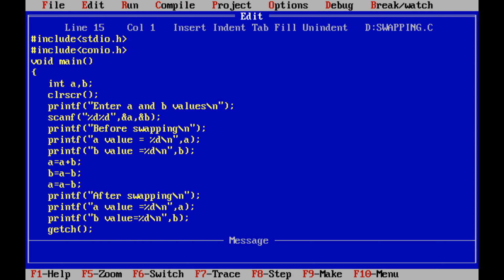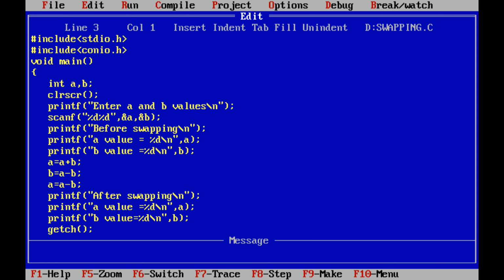This is the implementation of the logic that we already explained. First, we are including two header files in our program. The first header file is hash include stdio.h, the standard input output header file. The second header file is hash include conio.h, the console input output header file.